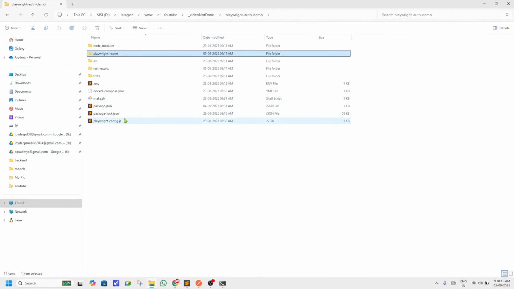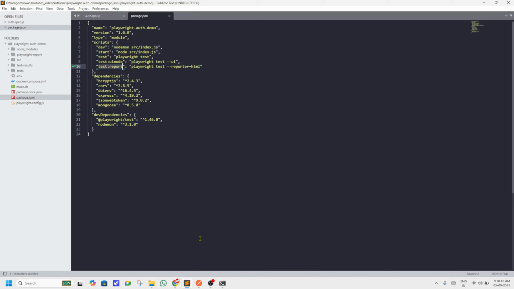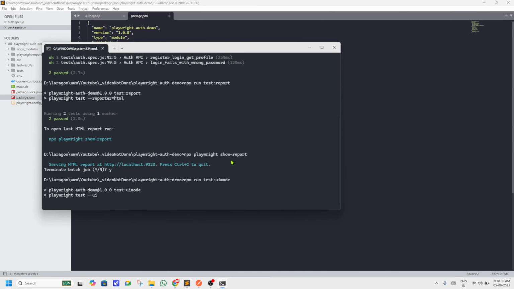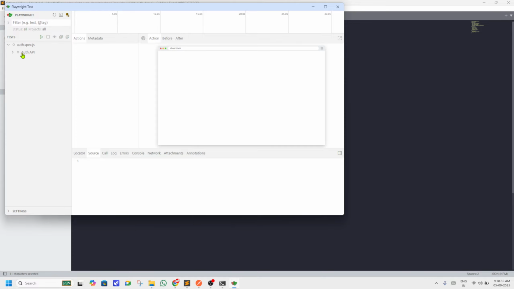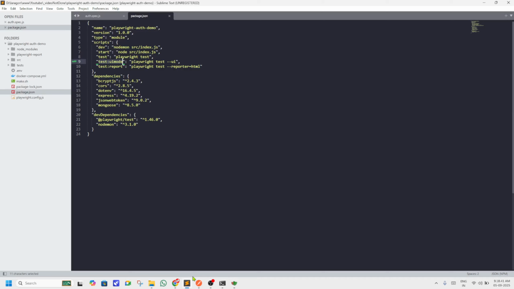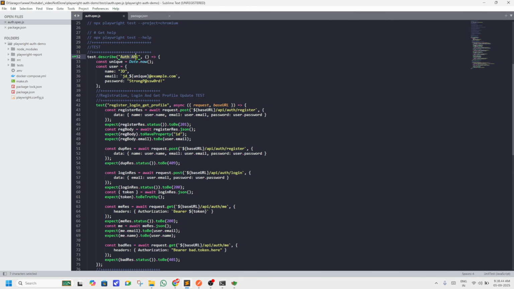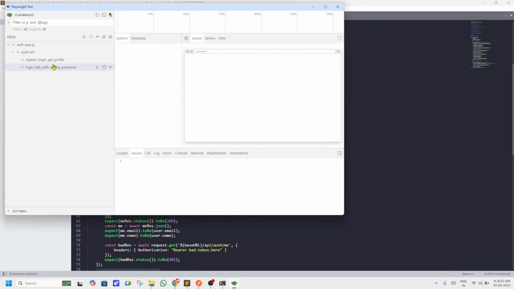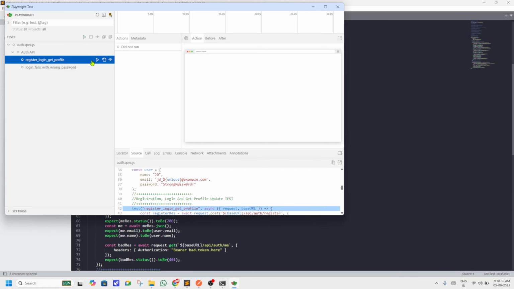Now the third part is that you have a live UI mode where you can test and get the information right away. So npm run, and if you go to the test UI mode, you can see all your test cases here. The auth API is over here, and inside that auth API there are two test cases, two APIs to be tested. The first one is register, login and get profile. If you run this one,